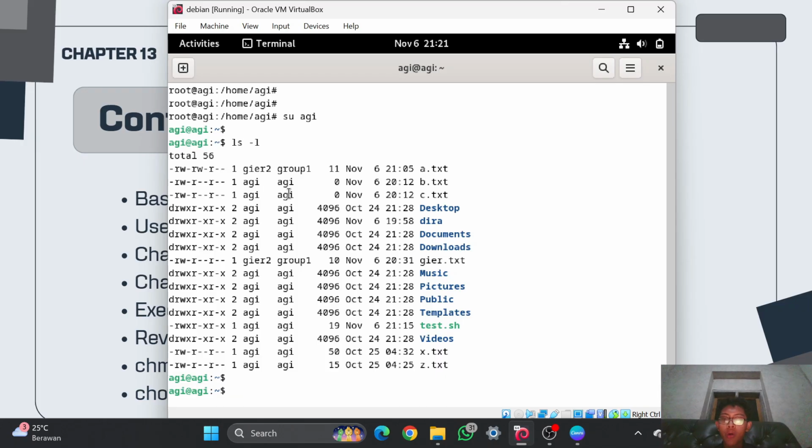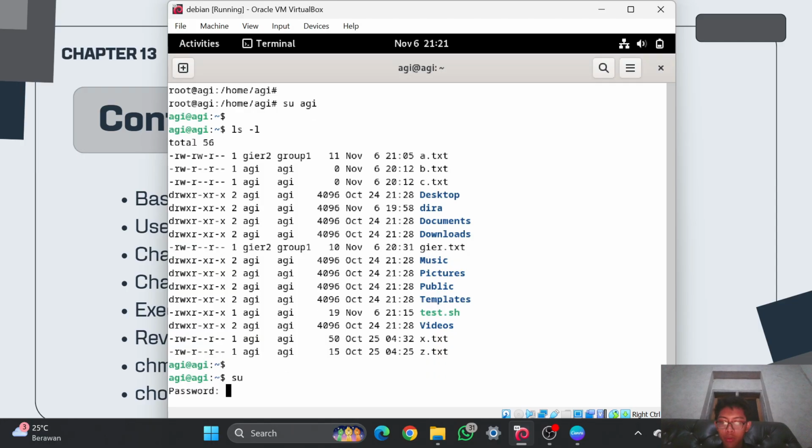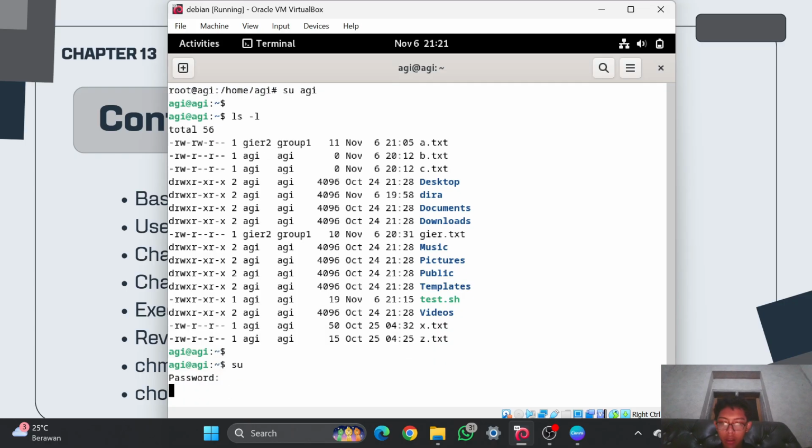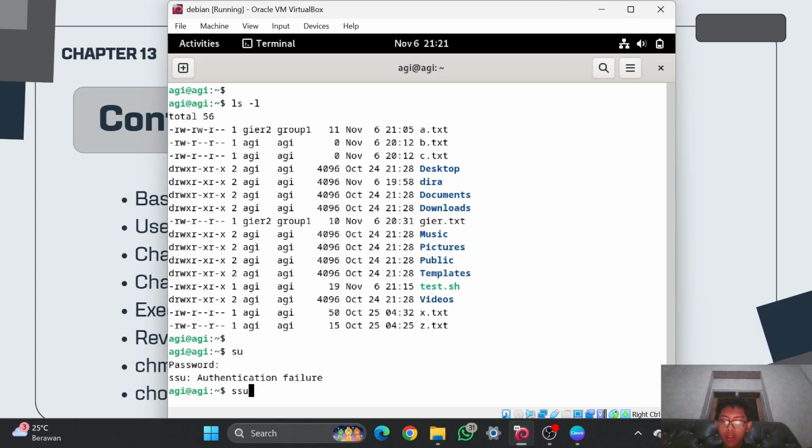For example, I want to add write and also read, or full access, to the user AGI on b.txt. I will practice it using, oh yeah, I forgot, I have to go to the root again. Oh, sorry, wrong password guys.